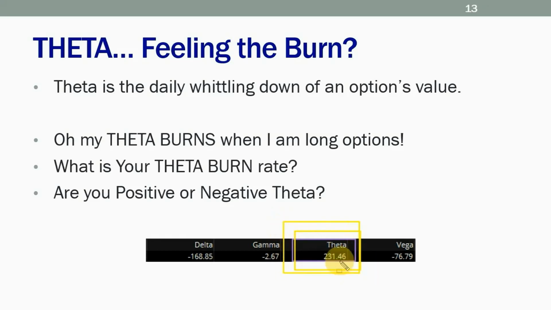There are some trading applications that offer something called theta. Theta is how much you are collecting or paying for every day that passes, strictly from time value. In this particular screenshot, I am what they term positive 231 theta. That means, all things being equal, whatever the options I'm trading here, I'm collecting $231 today.